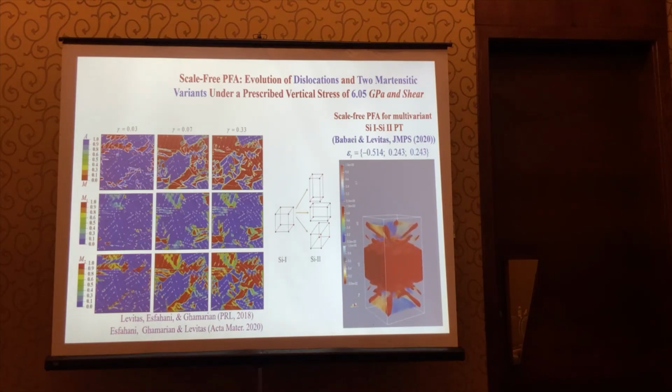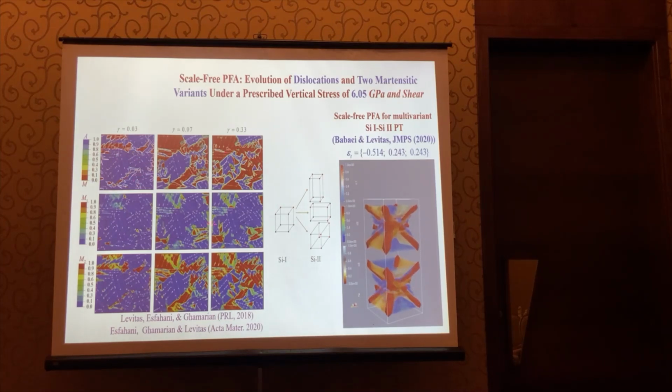It's without a gradient term, with completely different polynomials. And dislocation pileups are introduced through the solution of a contact problem. It's also scale-free. And despite such simplifications, we were able to reproduce our main results from the nanoscale approach. But here we can treat much larger samples. You see, we resolve 3 martensitic variants of silicon, and this is the evolution of dislocation structure and